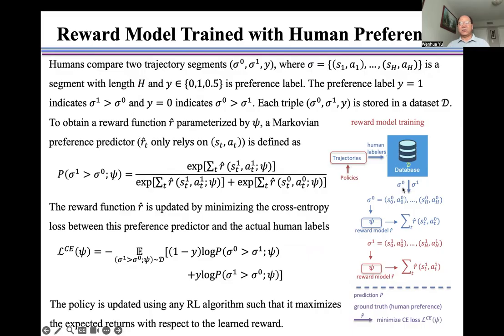And then we use each comparison to fit the reward model. And then we train the model to fit the human preference to the reward model. The policy is updated using any reinforcement learning algorithm such that it maximizes the expected returns with respect to the